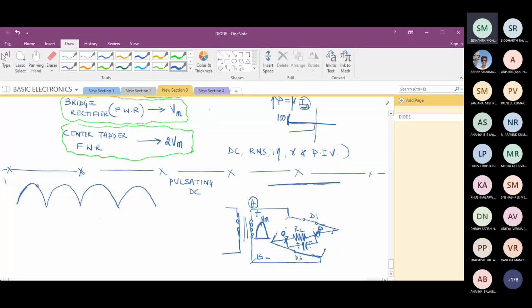Will the capacitor get charged to this voltage Vm? All agree with this? So the capacitor gets charged to this voltage Vm. I changed the color of the pen. I am showing here the capacitor is getting charged and moving towards Vm. When the input reaches peak value Vm, the capacitor is fully charged to Vm. So now the voltage across this is Vm.